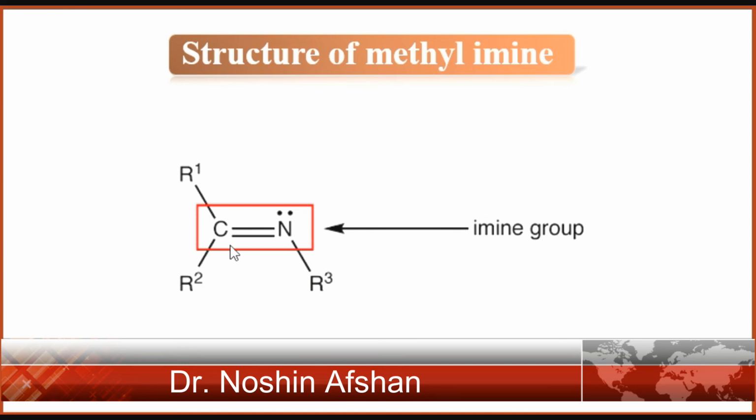And the third one, sp2 hybrid orbital of this carbon would overlap with the sp2 hybrid orbital of this nitrogen atom, forming a sigma bond. So in this way, these three sp2 hybrid orbitals would overlap to form three sigma bonds. And the second sp2 hybrid orbital of the nitrogen would overlap with the 1s orbital of the hydrogen in the case of methyl, but in the case of alkyl imine, that sp2 hybrid orbital of the nitrogen